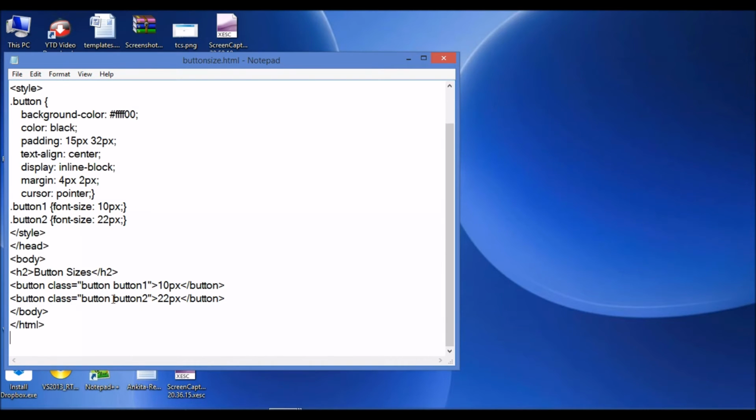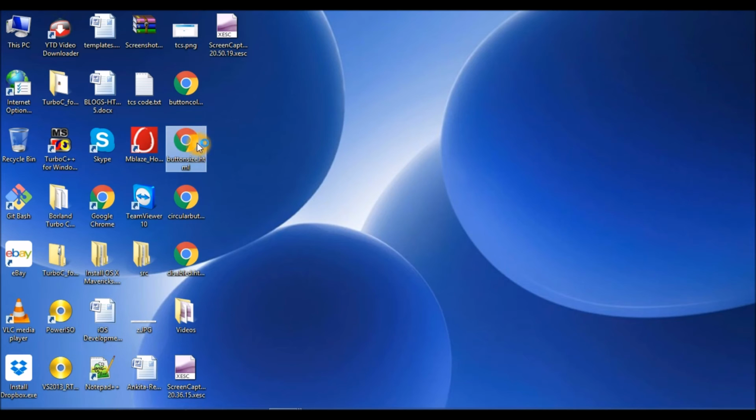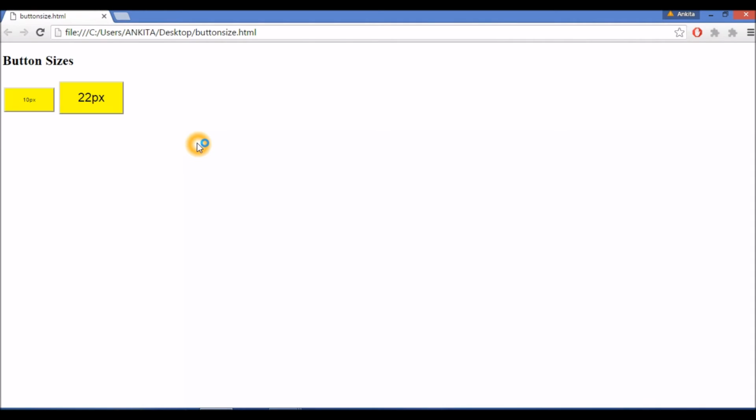I've told you how this class name is given so that we could use this whole styling including the changes which I want. Let's save it and see the changes. Well, this is your 10 pixel size button and this is your 22 pixel size button.